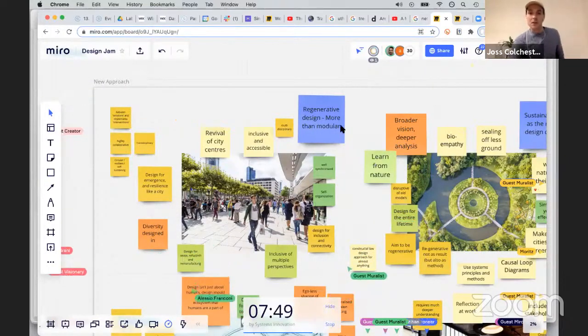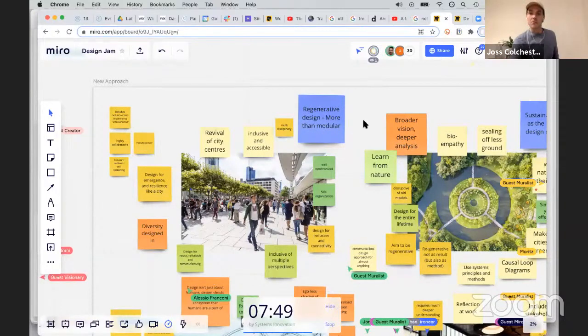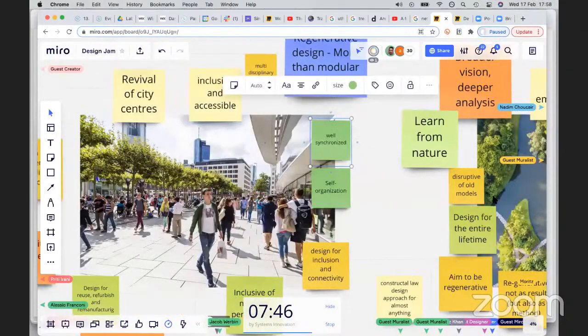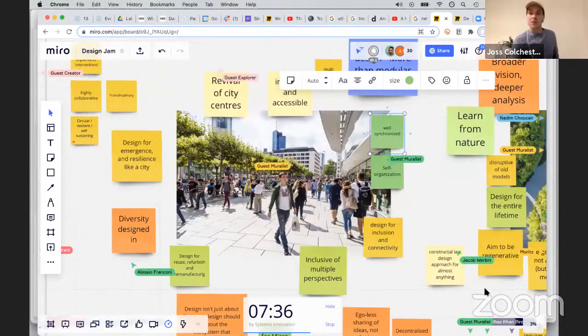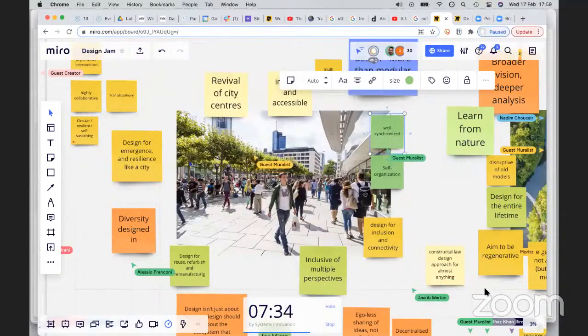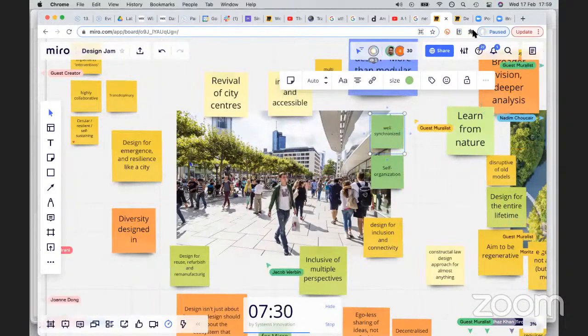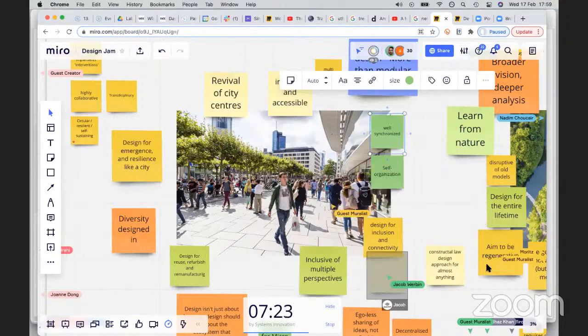Self-organization, well synchronized. Who posted the well synchronized? Yes, that's me. Anything you want to add on that? Yeah, well synchronized for me is to connect with the people where you are